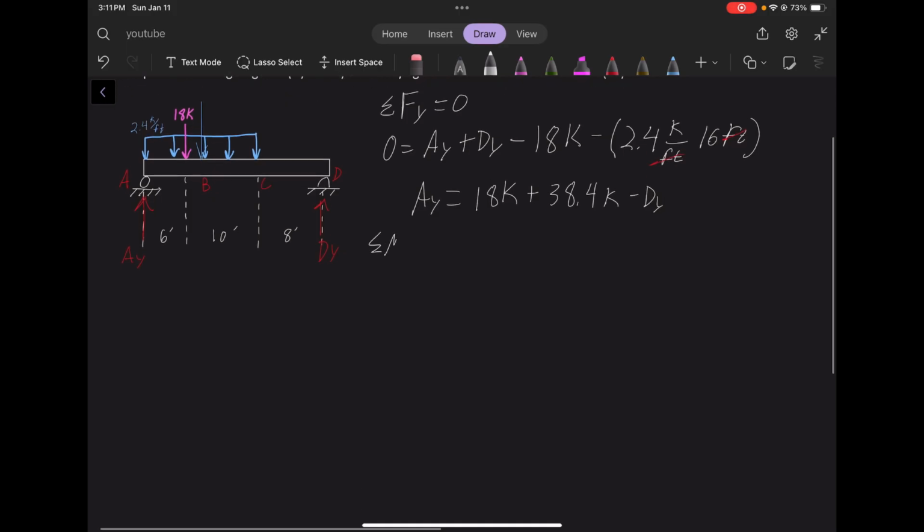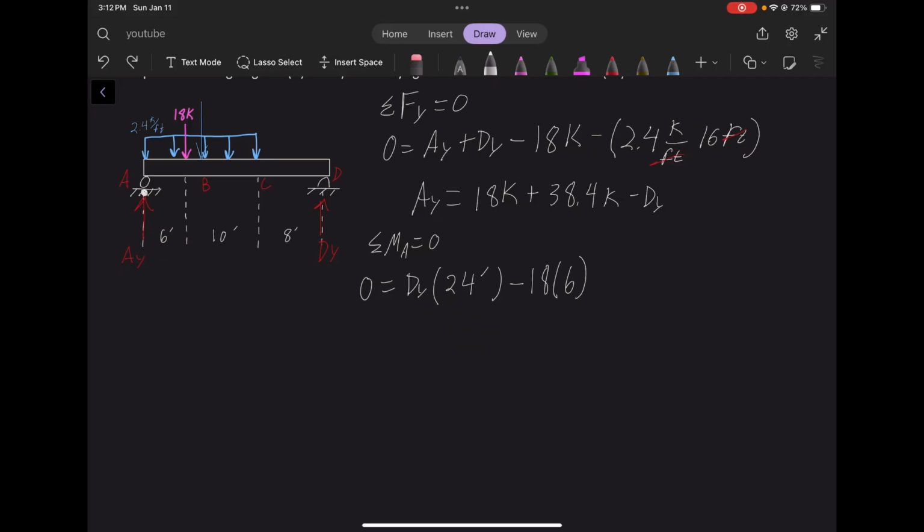So I'm going to sum the moments about A and set that equal to 0. So we'll have 0 equals DY times, about the point A right here, the total distance to DY would be 24 feet. And then we have the 18 rotating downward like that, about point A. So that would be minus 18 times 6, the distance from A to